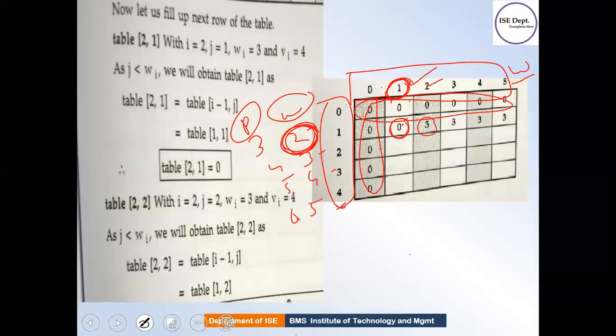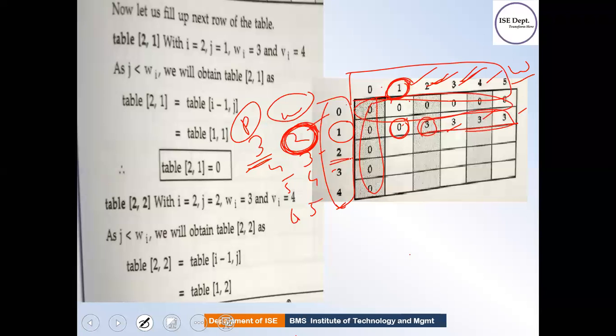Once the capacity is 2, I can start filling this object because the weight of that object is 2, so it can fit here, right? So what is the profit for this object? It is 3. Now the capacity is 3, and our object's weight is 2, which means the capacity is more than the object, so I can fill this object in the bag. So I can write 3. Again for 4 also I can fill, 5 also I can fill. So towards the right-hand side, just keep filling the same value. Is it clear now?